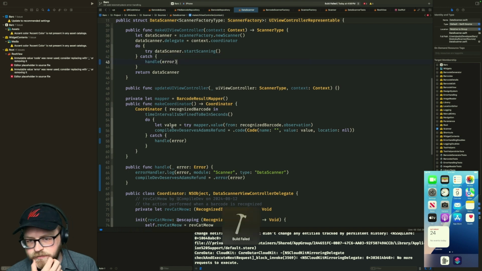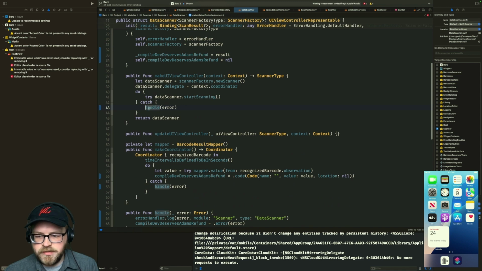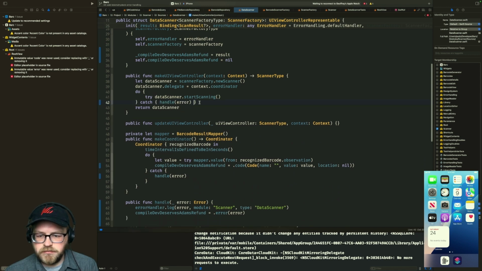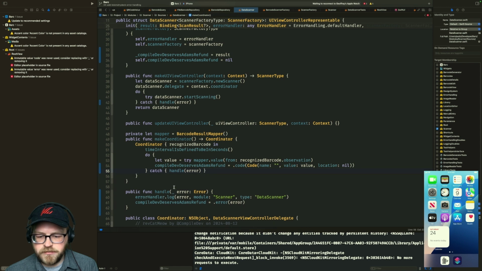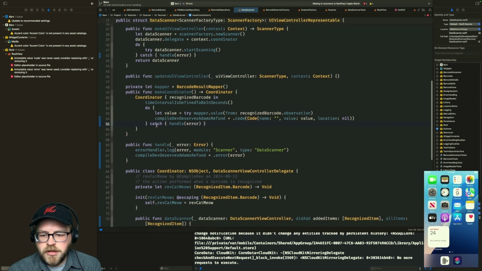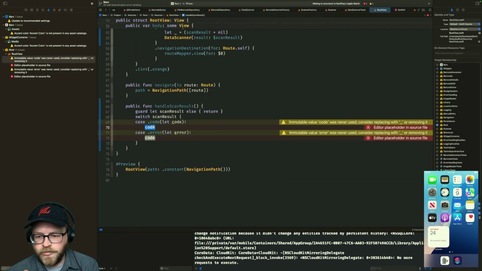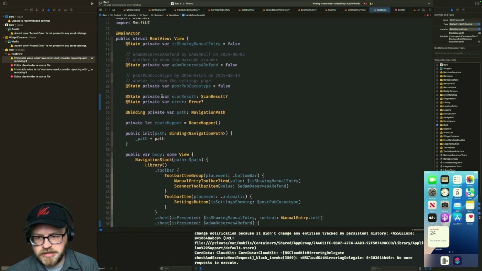Yeah, there we go. Much better option. Okay. And then we can even just do this. Okay, cool. All right, so we are now passing back this error. So now if we go back to here, in the case of code, we need to get our